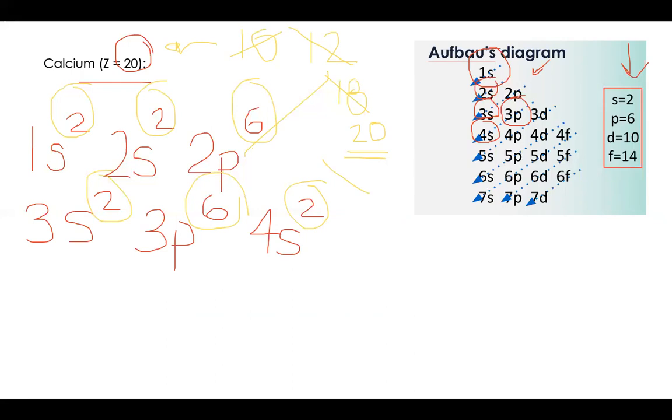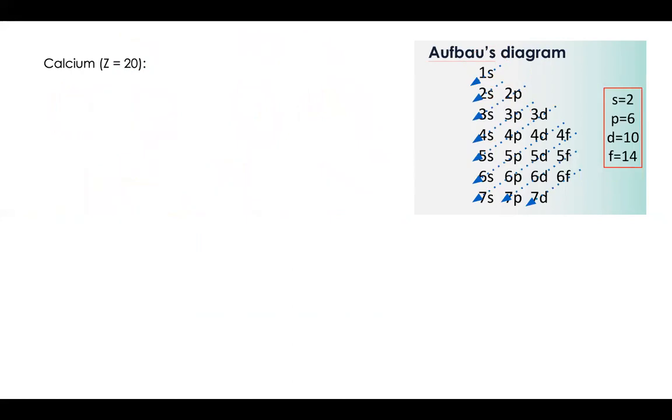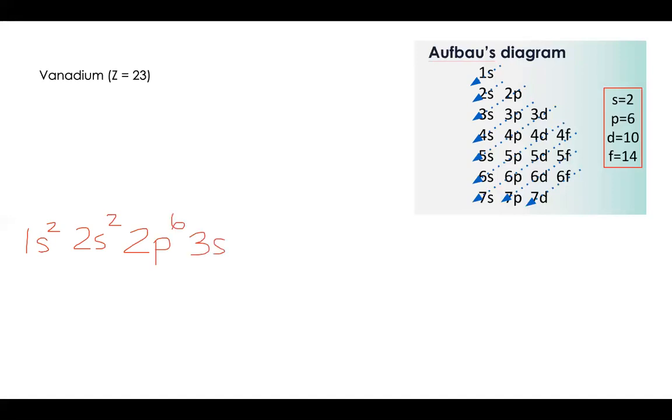Now let me make another one, but I will erase this one first. We are going to make vanadium. I'm going to go a little bit faster since we already know what to do. So I will start with the first level: 1s2, 2s2, 2p6, 3s2, 3p6, 4s2,